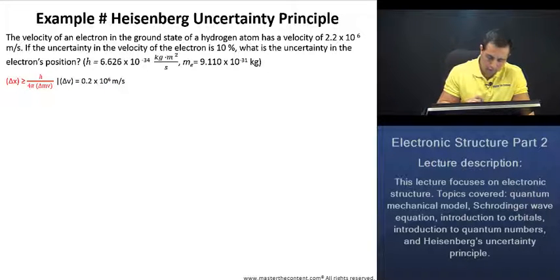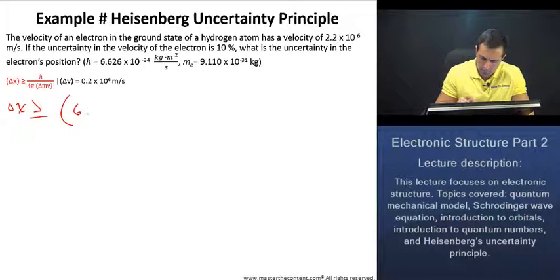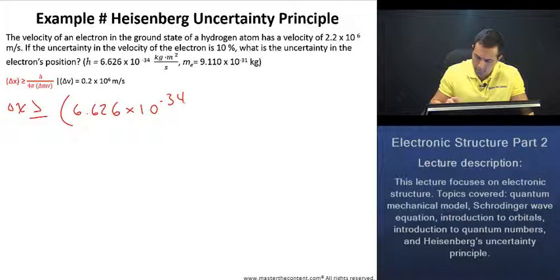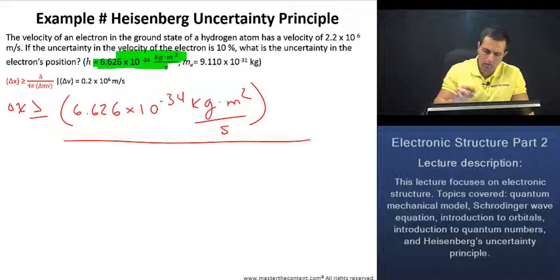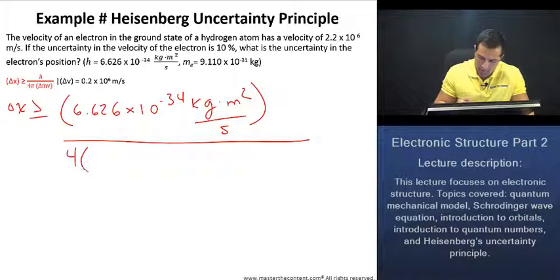Thus, if we go ahead and fill in our values here, we know that beginning with Planck's constant, that's just going to be 6.626 times 10 to the power of negative 34 kilograms meters squared per second, over 4 pi, and the numerical value of pi that we can just use is